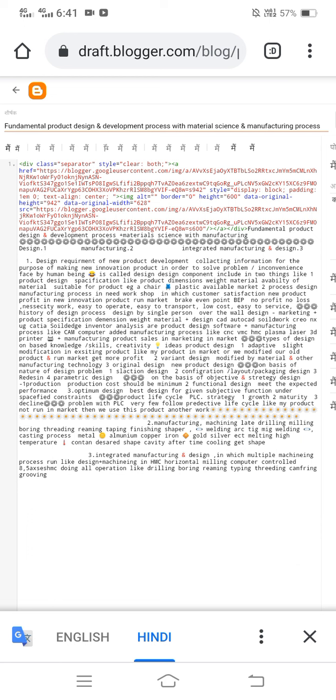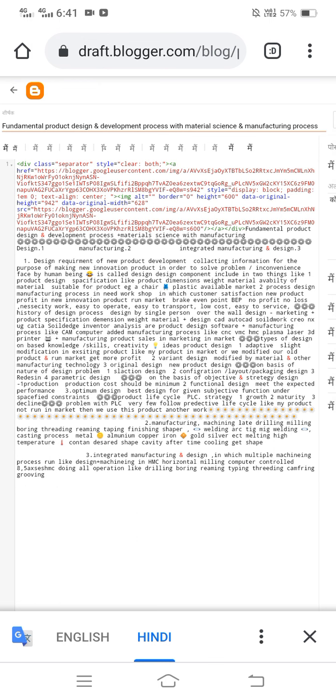Design requirement of new product development: collecting information for the purpose of making a new innovative product in order to solve the problem or inconvenience faced by human beings is called design. Design components include two things, like number 1, product design